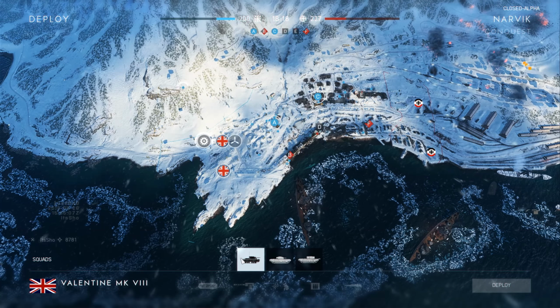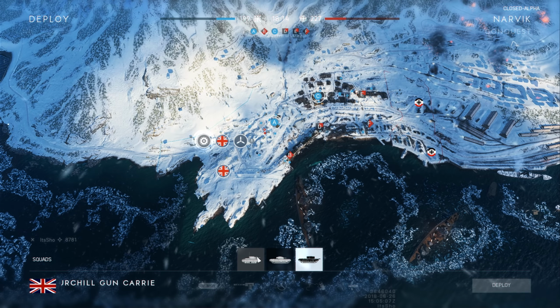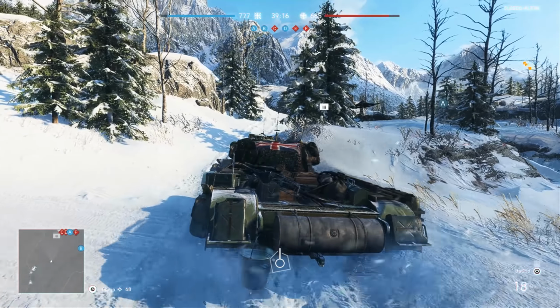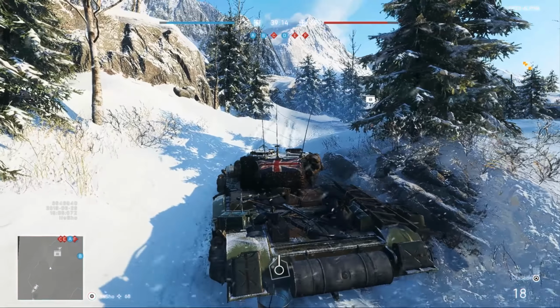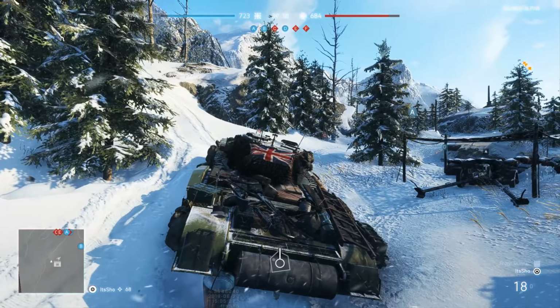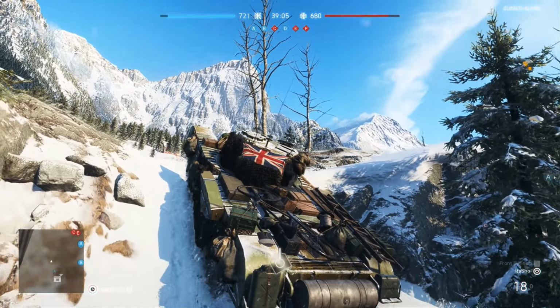Hello, I'm back on the battlefield, and today, as promised, we're going to talk about Battlefield 5, and in particular, we're going to be talking about vehicles. Now, there is a handful of vehicles in the game. Obviously, it's an alpha. There's not going to be that many. They're going to be buggy. There's a lot of stuff going around in the background that doesn't make sense, and it looks ugly. But it is an alpha, so let's just get past that and move on to some